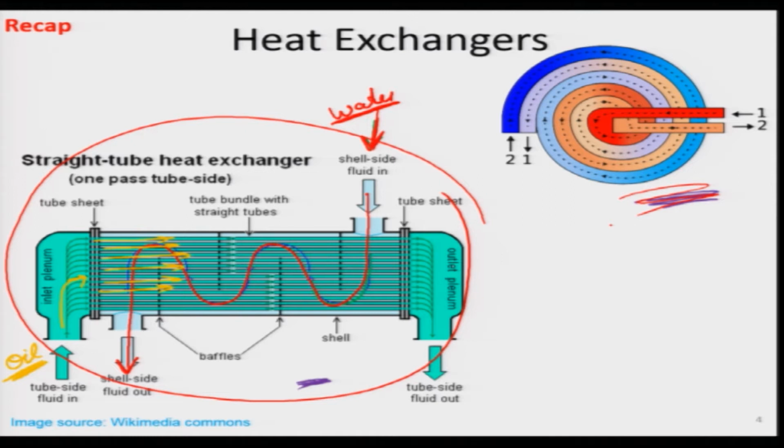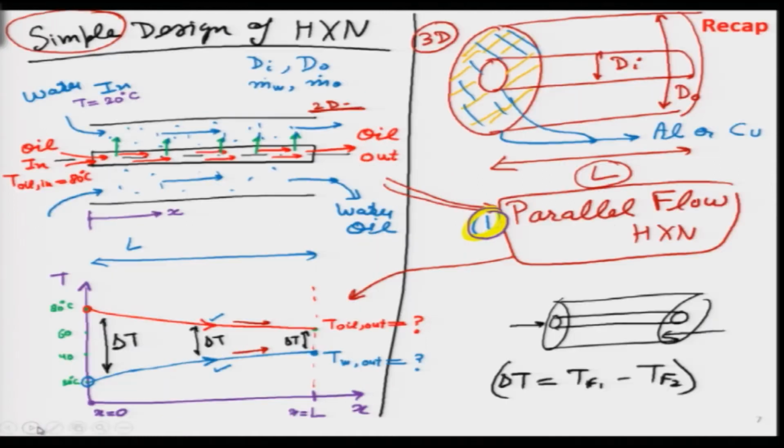So, in simple terms, we can say a heat exchanger is a device or equipment in which two fluids of different temperatures interact with one another thermally rather than physically. So, there is no touching taking place of the two fluids, but because there is thermal interaction, they are able to exchange heat with one another, and that we find useful as human beings.